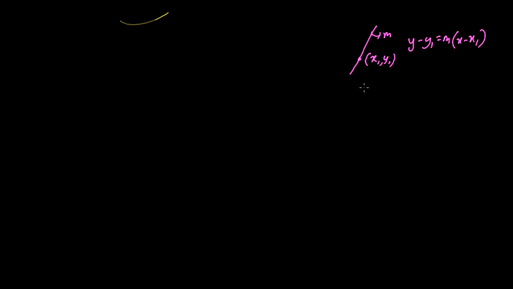The gradient rule for a tangent is that the gradient of the tangent equals the gradient of the curve at a particular point. This is how we calculate the gradient m, and when the point is given we can easily find the equation of that line using this formula, y minus y1 equals m(x minus x1). So here the question is,